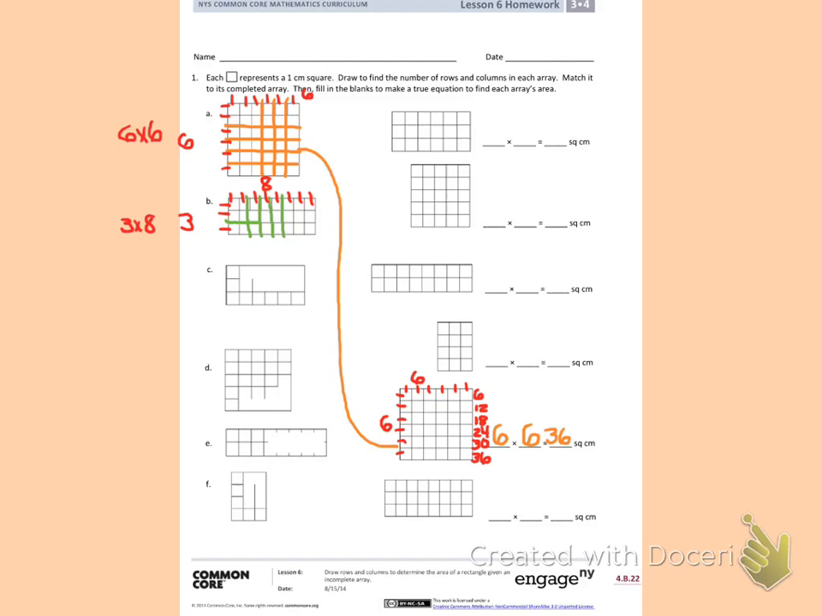I'm looking for another one that has 3 in it. I see one. I see a couple that have 3 rows. Let's see if I can find one that has 3 rows and 8 columns. Let's look at this bottom one. That looks like it might. 1, 2, 3. 1, 2, 3, 4, 5, 6, 7, 8. This one does. It is 3 rows